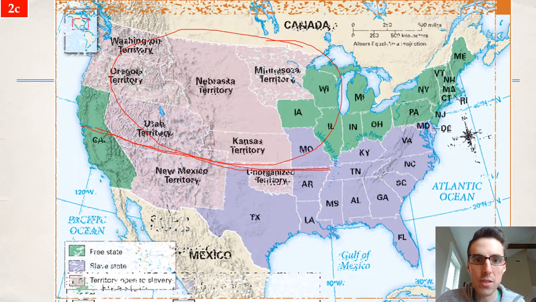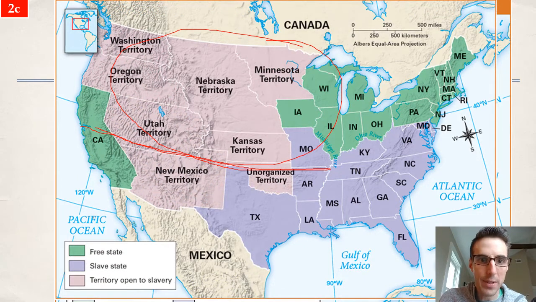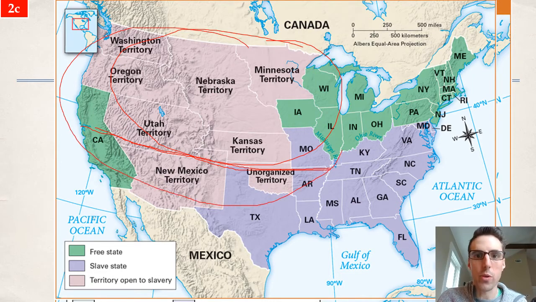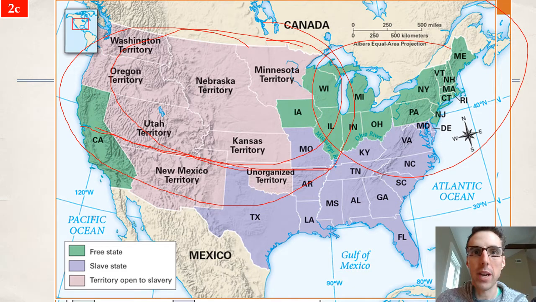Look what happens. This is a new map, slowly faded over. Look what happens. Slavery is allowed everywhere. All of this territory is open to slavery. There can be no slave or free states. It's all slave. This is what Emerson was referring to in the last lesson, and what Lincoln will later say: we must be all slave, or we must be all free.